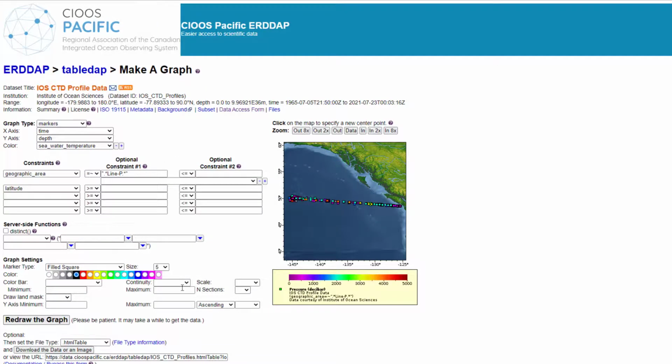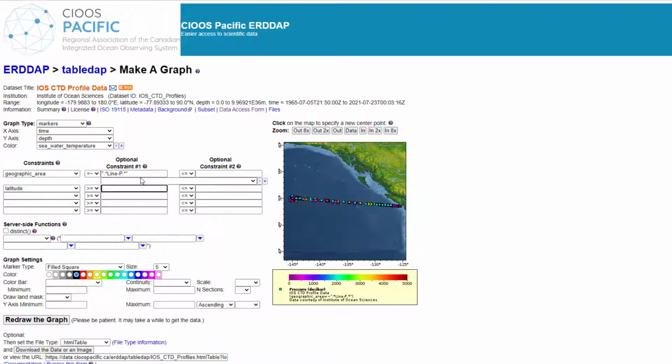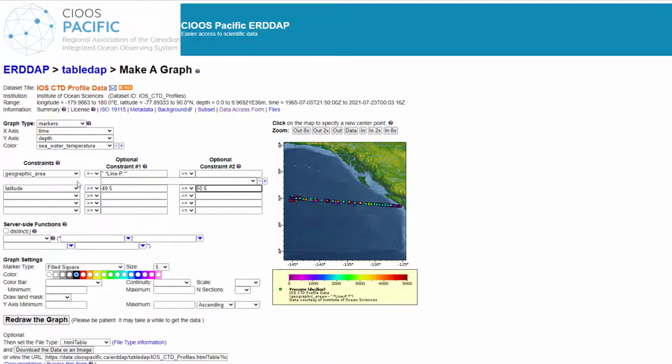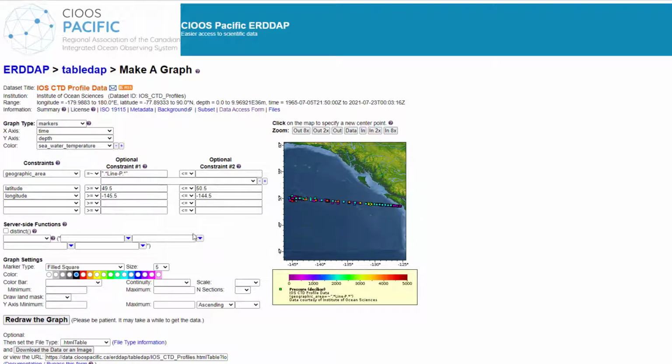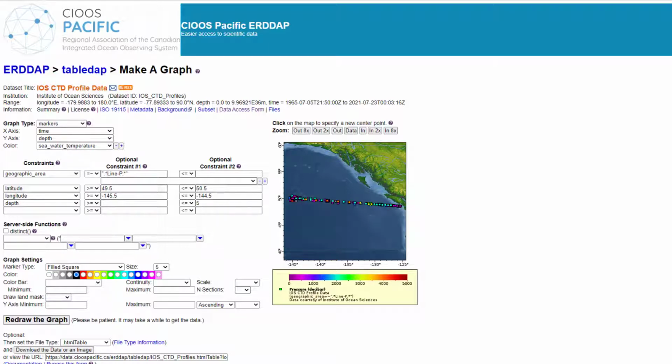If we do this now, it is a rather large dataset and may take a moment to load, so let's go ahead and add a few more constraints. We can see that the geographic area is still limited to line P. If we want Station Papa alone, we need to add the latitude and longitude constraints as we did on the data access form. And to get just the surface data, we'll add the depth constraint of less than 5 meters. If we click on Redraw the Graph, we then get a visual of where the data are located throughout history